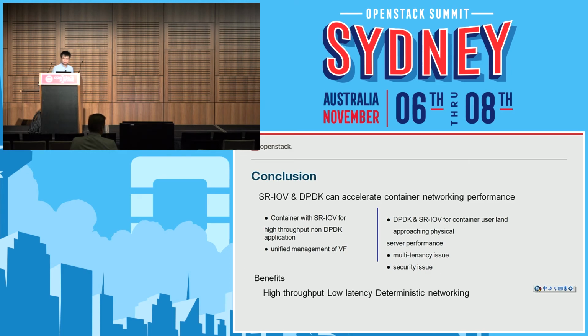So we have to give root privilege to run the container so that the DPDK application in the container could get all the information it needs. In this way, we got the best performance, approaching line rate forwarding, but at the same time